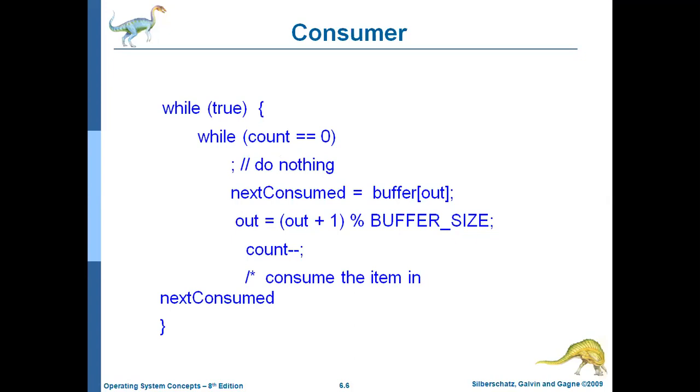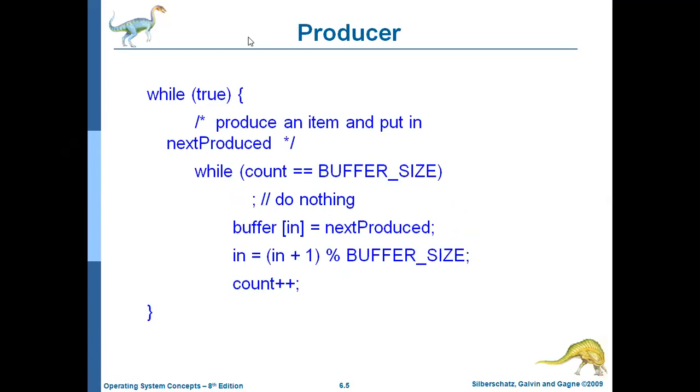So when we are running the producer code, which condition are we checking? Count equal to buffer size, that means count equal to 5. If the buffer size equals 5, then the buffer is full. If the buffer is full, the producer cannot do anything, right? So if it is a producer problem, you need to check whether the buffer is full or not. That is why the condition is like this.